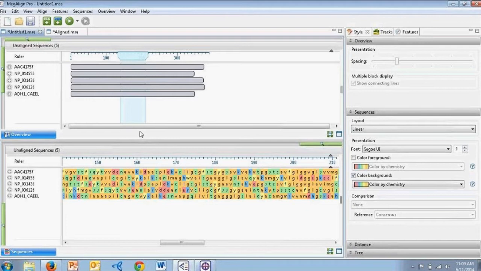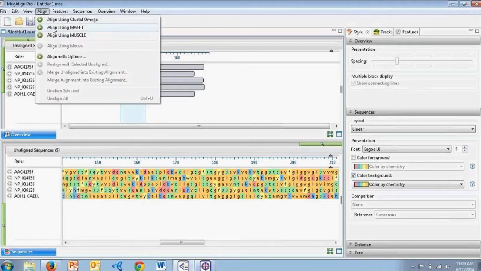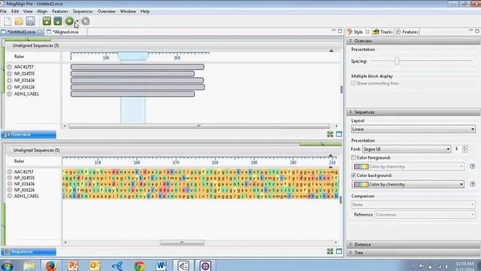So as I mentioned, for this workflow, we're going to be aligning using the MAFFT algorithm, as this is a brand new algorithm that we incorporated for Lasergene 12. But obviously you can certainly use some of the other alignment algorithms that we have available. So we can do this again in a couple ways. We can do this by selecting Align using MAFFT, or as I said, any of the other algorithms that are located here. Or again, we can go to the toolbar